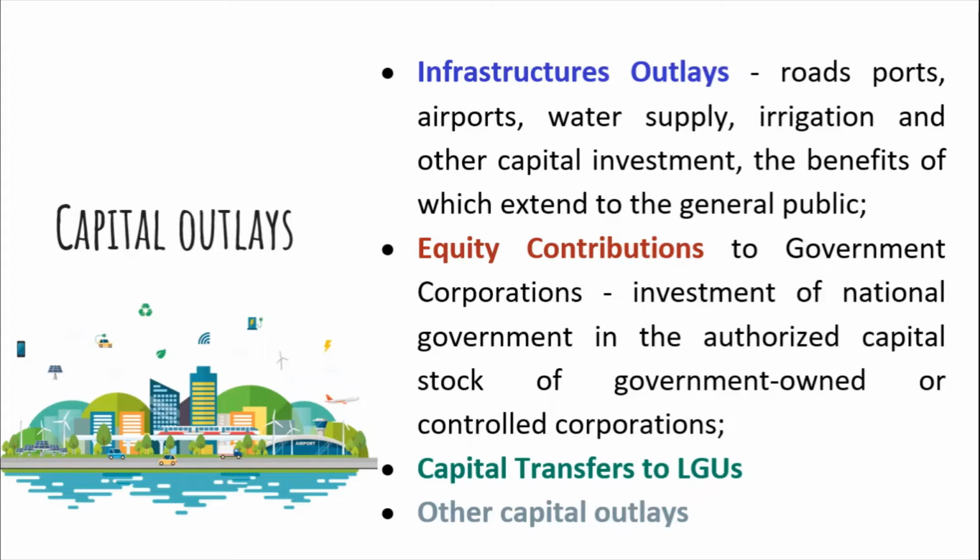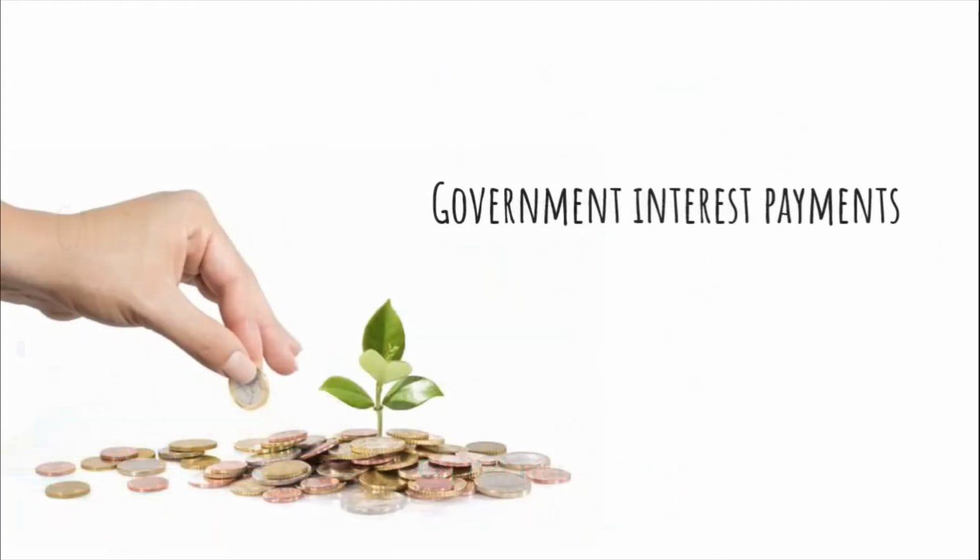So another spending of the government is what we call the government interest payments. Of course, we all know that our country has utang, and these interest payments represent the cost of borrowed funds which form part and parcel of the cost of the items financed by the loan. Interest payments are therefore considered as the real expense item in the budget.